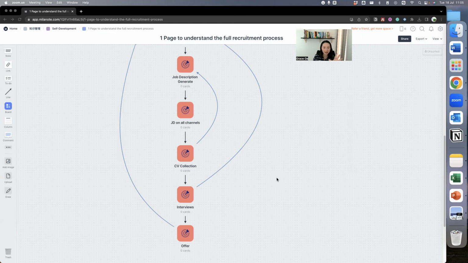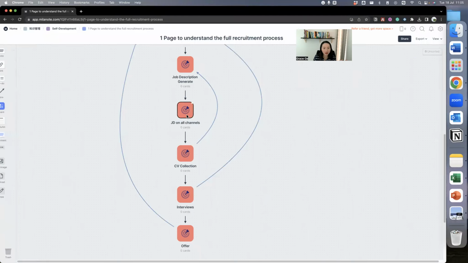So at this moment, you can see that normally as a job seeker, you see all those jobs when the JD starts being posted in all channels. Then you apply your CVs to the website, and then you either get an interview or not, and then in the end, you'll get an offer from HR. Okay, so that's the view or perspective as a job seeker. As an HR, or even from the overview of the whole business, how does it work? Let me show you more from here.